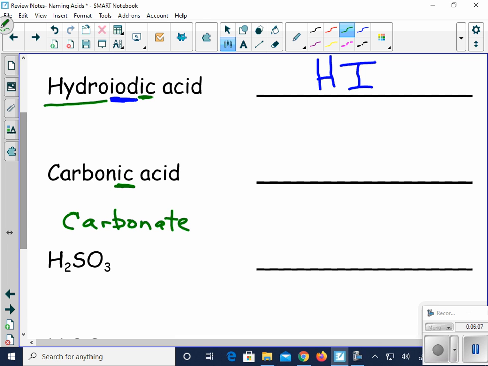I'm looking for carbonate. Carbonate is on my polyatomic ion list. It is CO2, check, CO3, 2 minus. So as I see this, I have a 2 minus charge, so how many hydrogens am I going